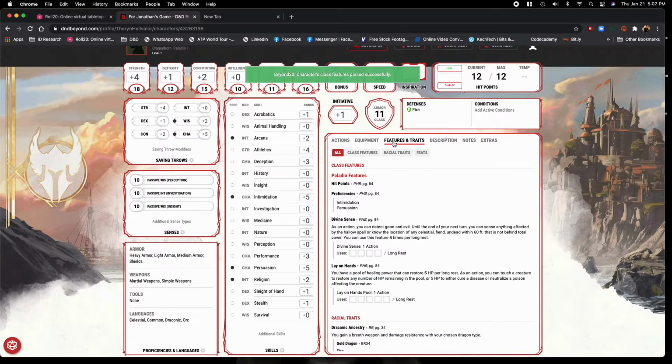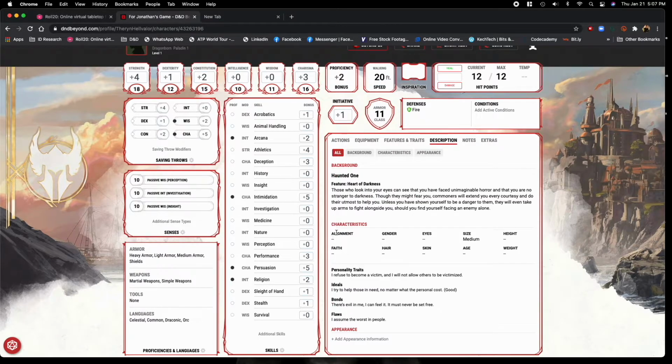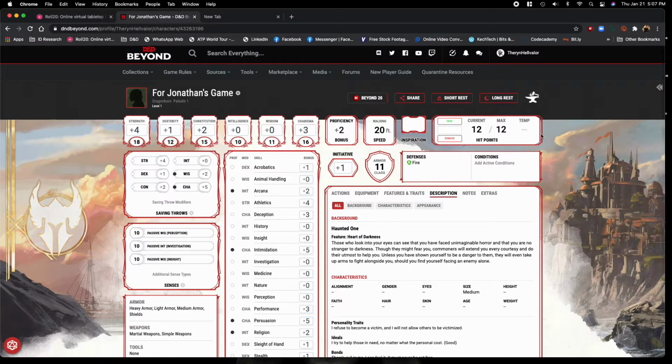And then features and traits, you can see all of that. If I want to update my description with my size and characteristics, I can do that. Anytime you want to edit, you just hit the anvil up here and it will take you back to the